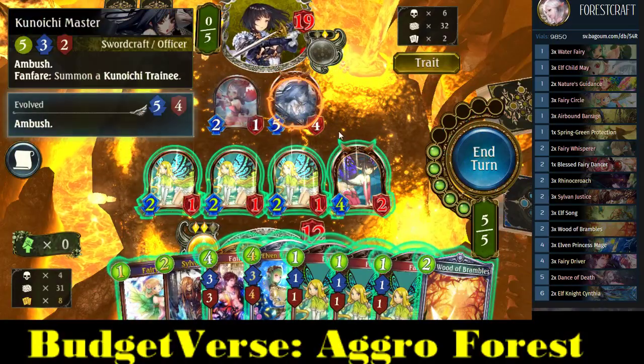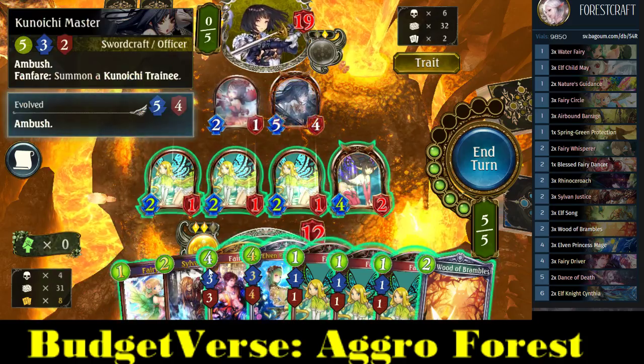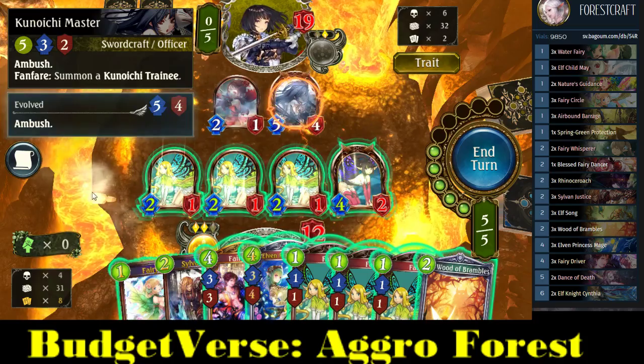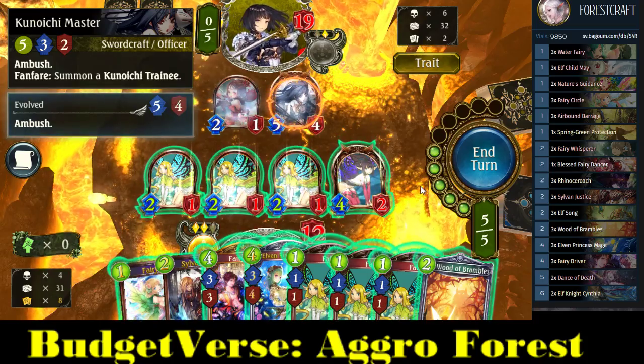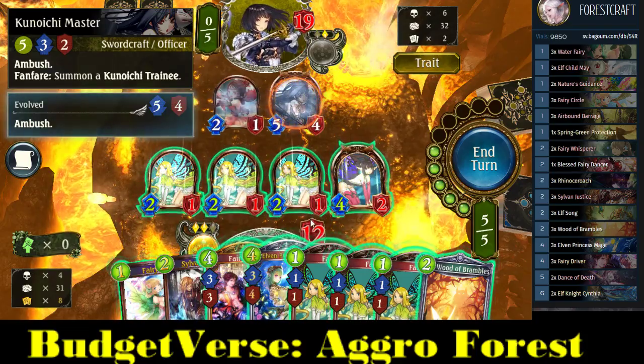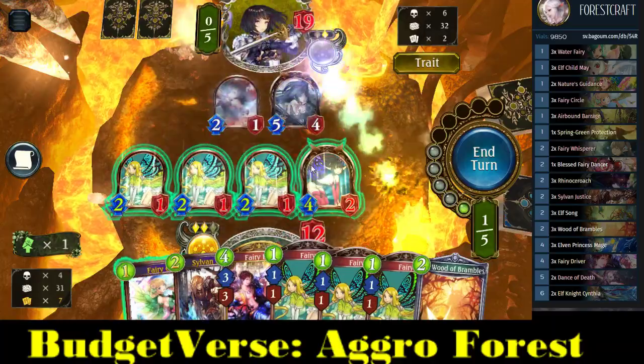Yeah, this was one of the reasons I was thinking Pixie Mischief might be one of the cards we wanted. We don't really have a good way to burst our opponent down here. Let's see, 1, 2, 3, 4, 5, 6, 7, 8, 9, 10. Something like a Blessed Fairy Dancer would be pretty cool here, but I mean,